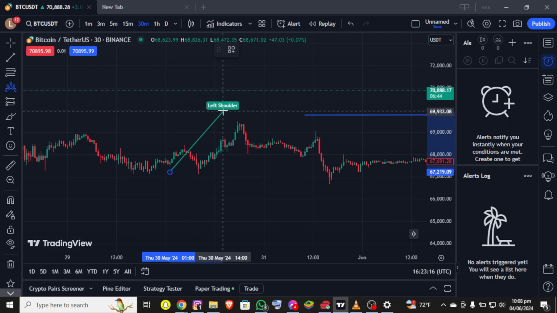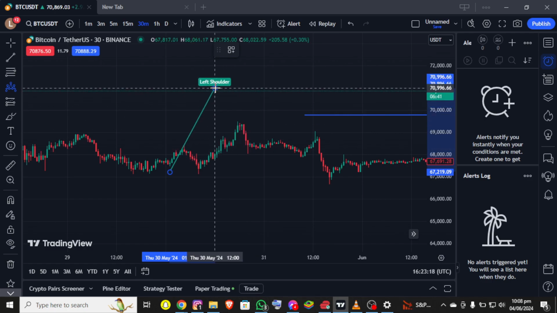So basically this is how you can use head and shoulder tool on TradingView, and if you still encounter any